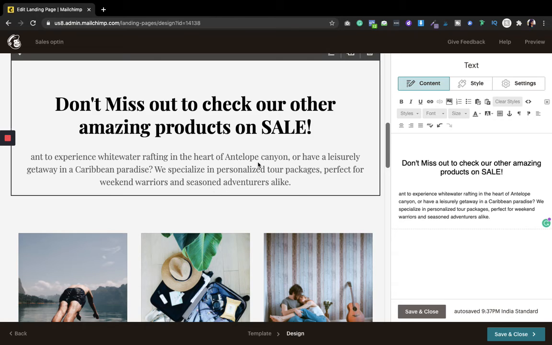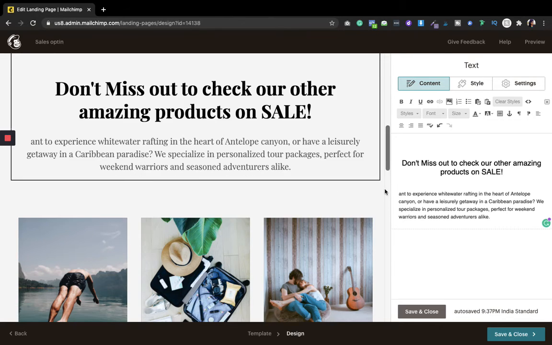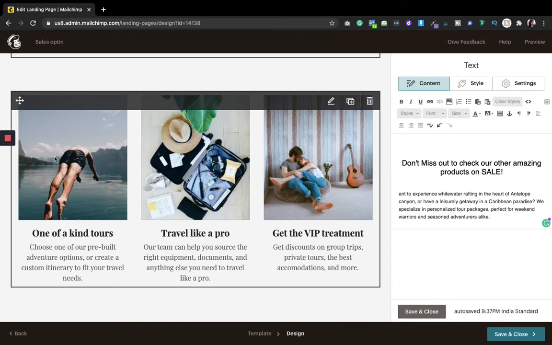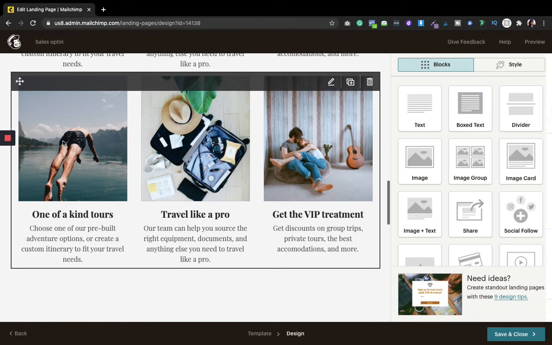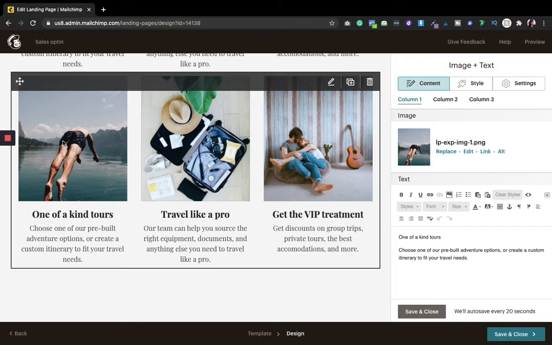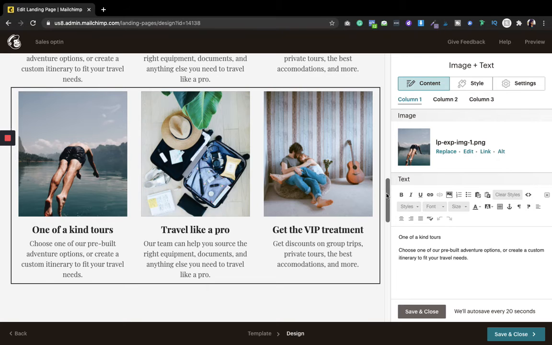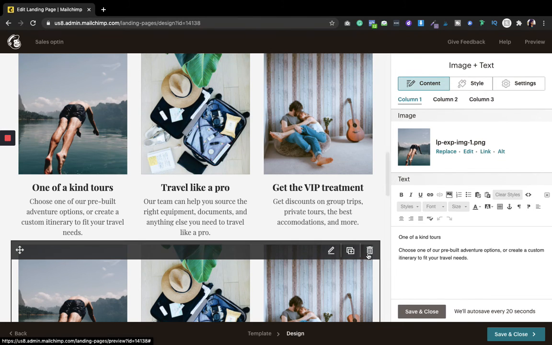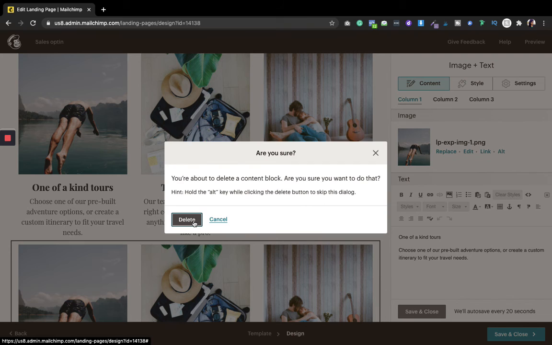And if you want to change the text, you can do that as well. Similarly, if you want to show more products, for example, there are 3 boxes over here. If you want to show 6 boxes, you can just duplicate it, and you can just make sure that you have different products over there with their small description, or you can also create a button. Let me show you one, and then you will understand what I'm trying to say. Let's delete it for now.